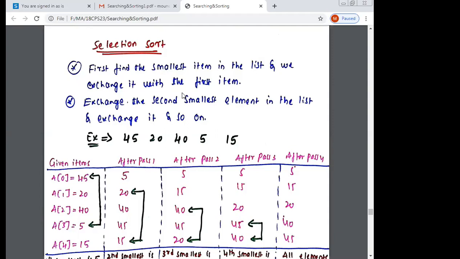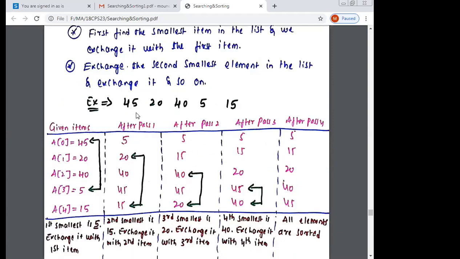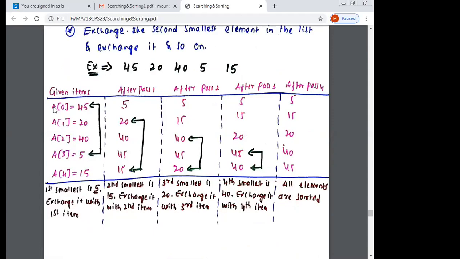Take one example, then you will understand selection sort better. Take 45, 20, 40, 5, then 15. In the array, the first element is 45, the second is 20, the third is 40, the fourth is 5, and the fifth is 15.